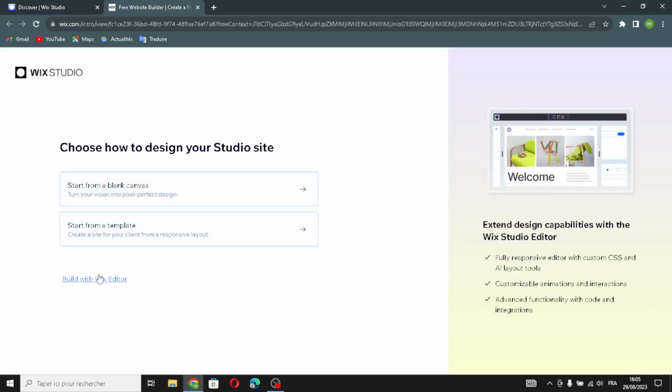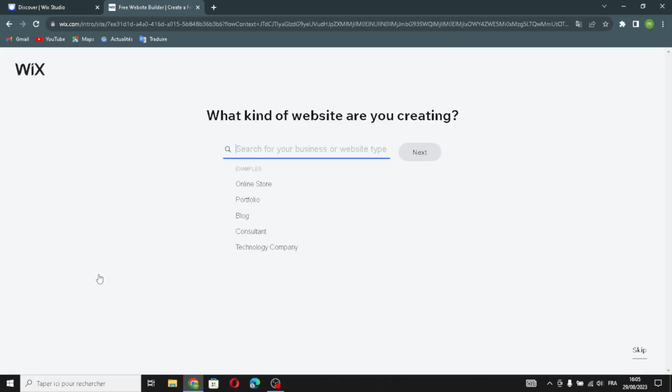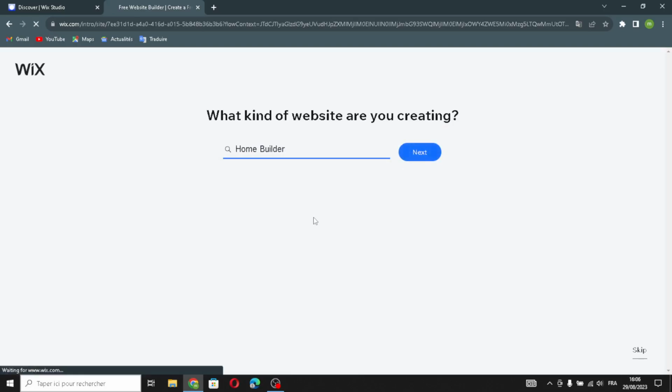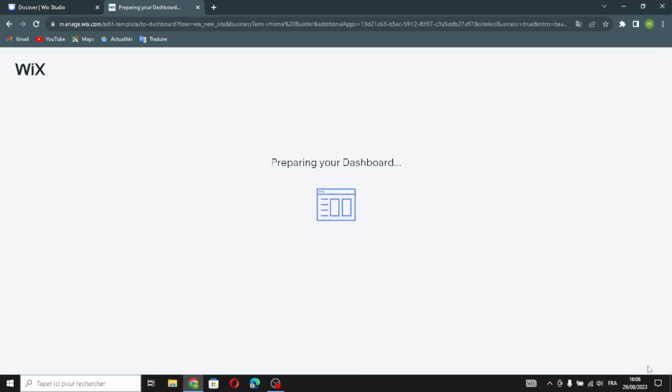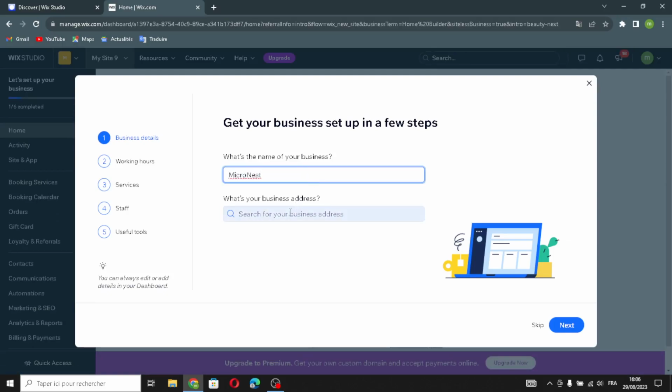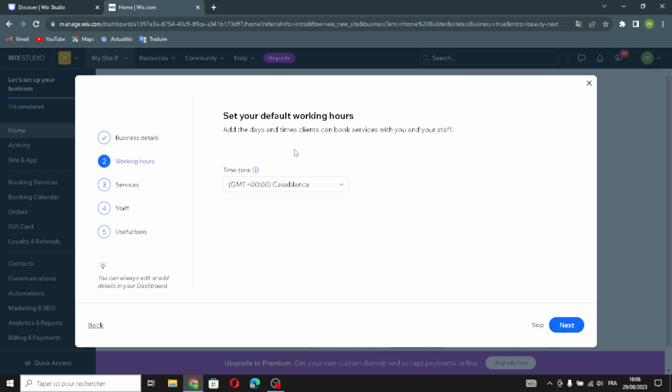Now build with Wix editor. Now enter your business type, tiny homes. So for example, let's choose this and let's continue. If you wanna skip, you can click here on this skip. So here enter your business name, type any business name you want, and here if you want to add your business address. So let's continue. Set your default working hours,